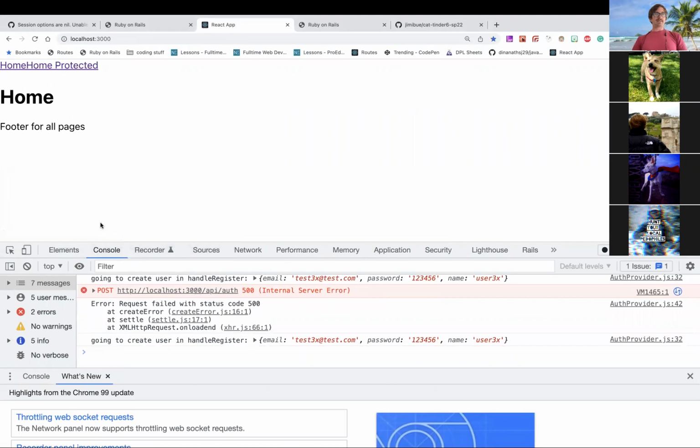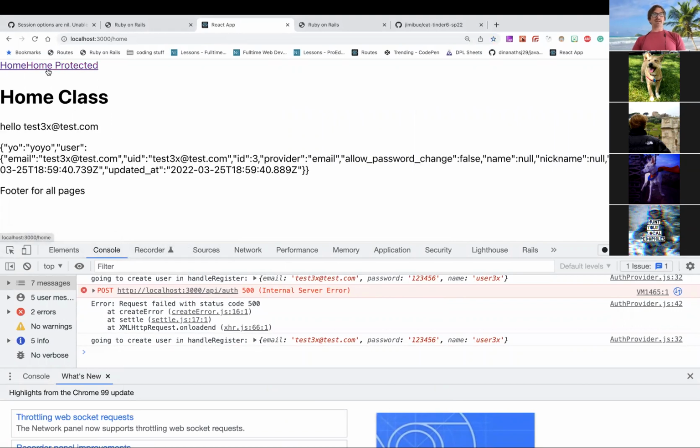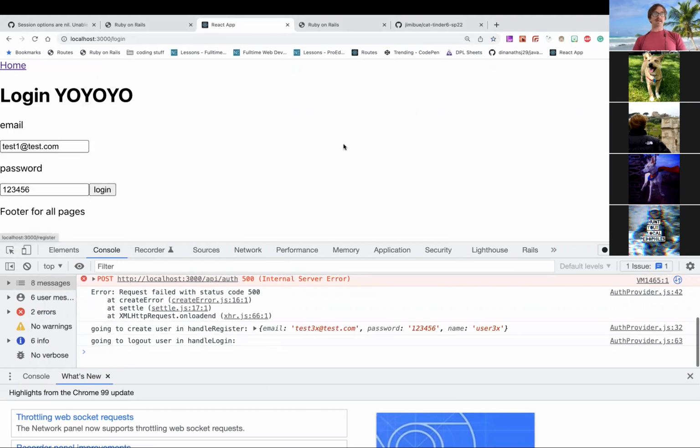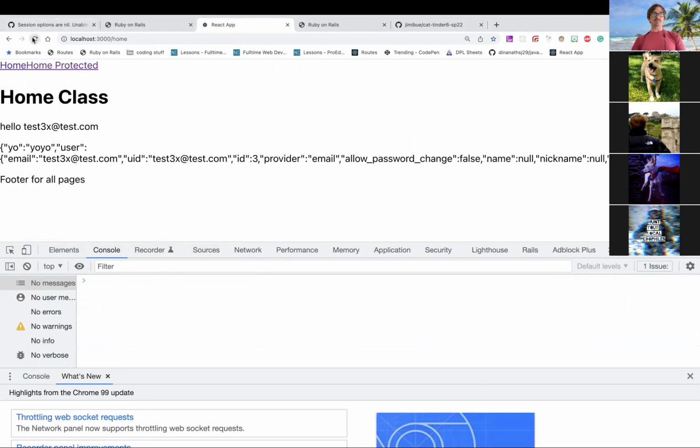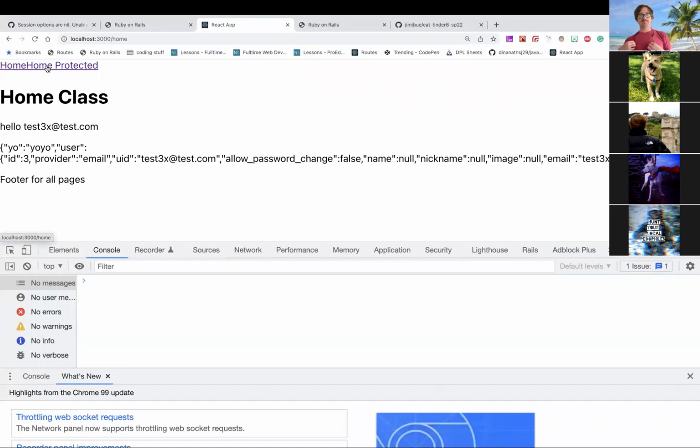You know, I can register a user and then show different routes based on that user being logged in. I can log out, and go ahead and log back in with that user and refresh. I mean, it's a lot of work for those couple of things. But let's go ahead and